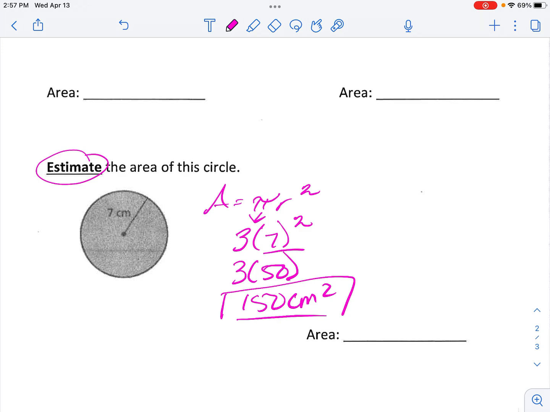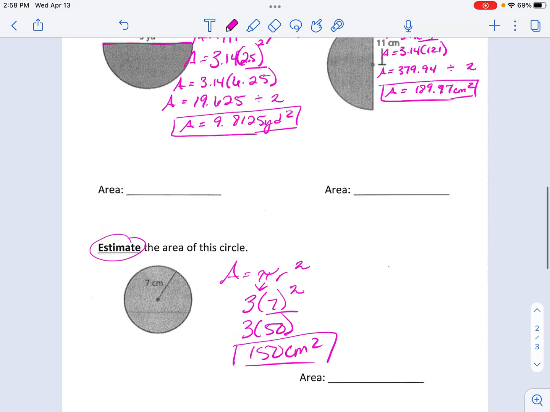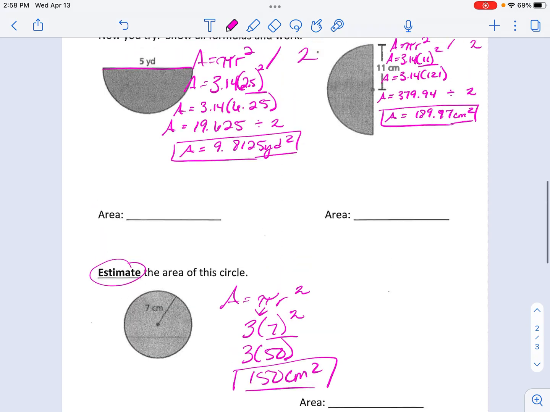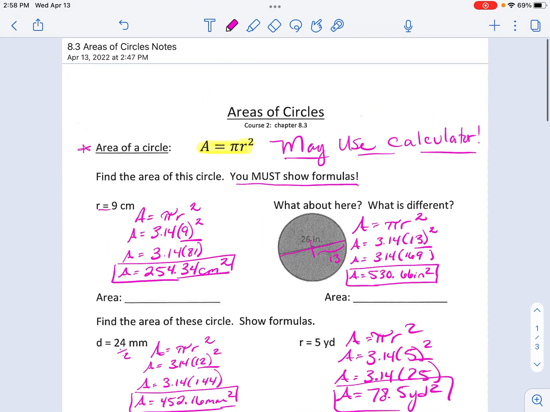Okay, rounding pi to 3, and then since I know 7 squared is 49, I'm not quite sure what 3 times 49 is in my head. Estimates you're supposed to be able to figure in your head, so I would round that 49 to 50, so I could do 3 times 50. If you chose to round something similar to something closer, those would probably be counted correctly as well. That is it for area of